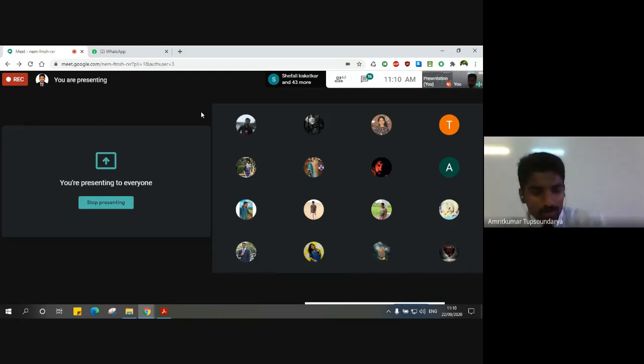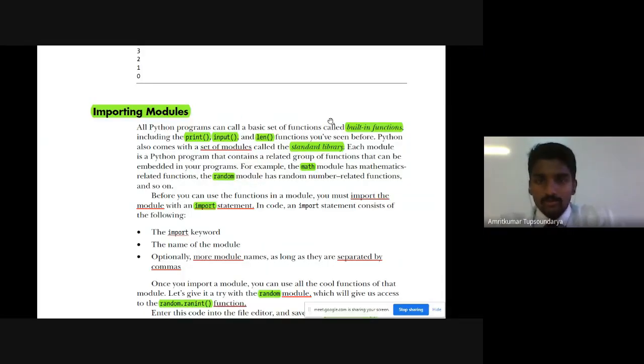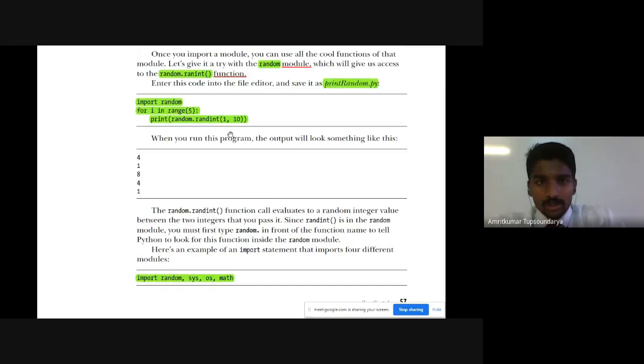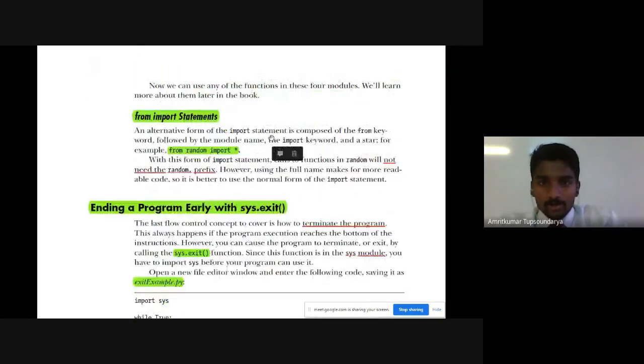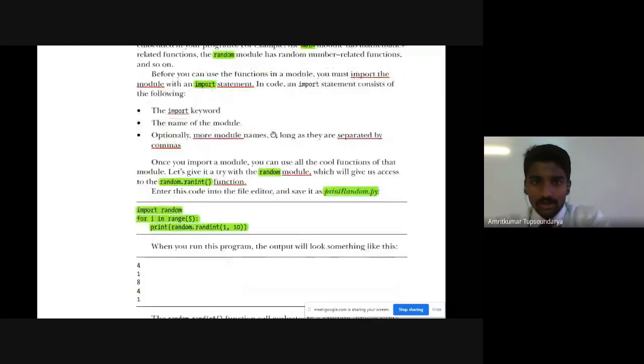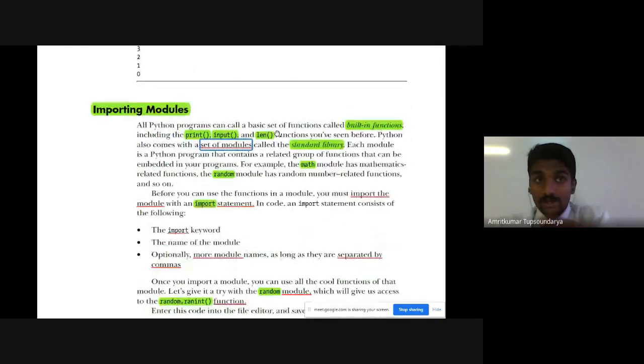Most of you already have some idea of what a module would look like. We have many inbuilt functions that we are already making use of. The input function, which we have continuously used. In the previous case, we used the len function to find the length of a string, and so on. There are many different inbuilt functions. Even print is an inbuilt function that we make use of. These are a basic set of functions which we have. Now, what are they called?